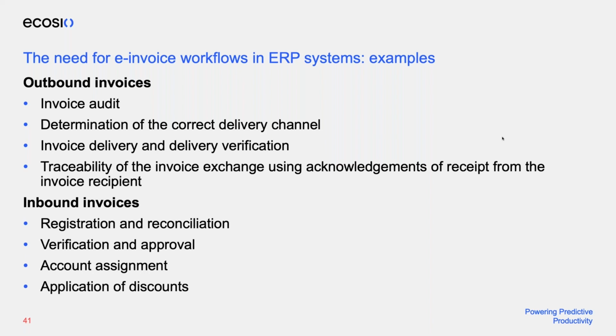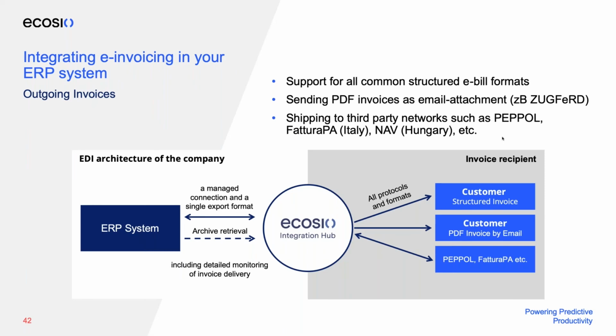with existing purchase orders or dispatch advices and so on. And then a verification and approval takes place, an account assignment, and also, for instance, an automated application of discounts if there are some. So in regard to integrating e-invoicing in your ERP system, an outgoing flow typically looks as